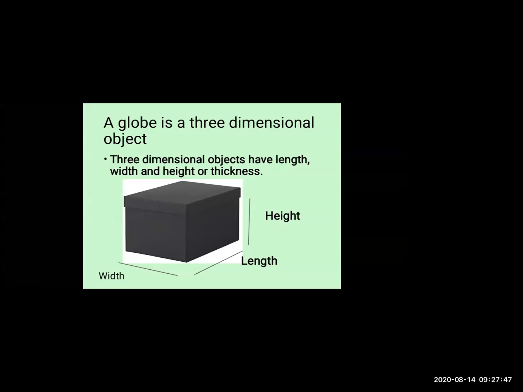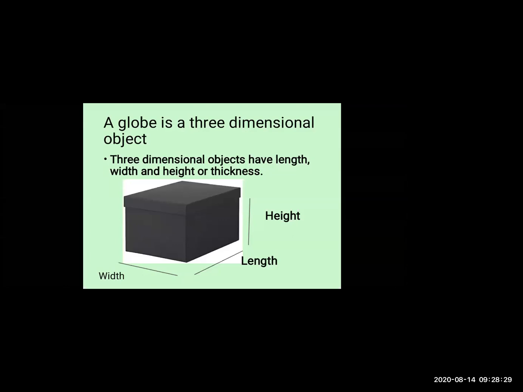A map can be made of a region, small or big. But the globe represents the entire earth, whether the globe is small or big in size. It represents the entire earth. Next, see, a globe cannot be made for a particular region. A map can be made for a particular region, but a globe cannot. It represents the entire earth.